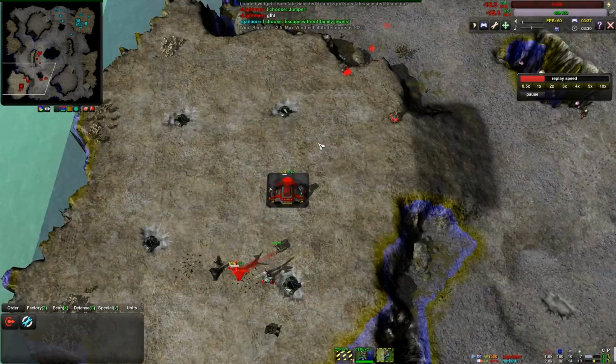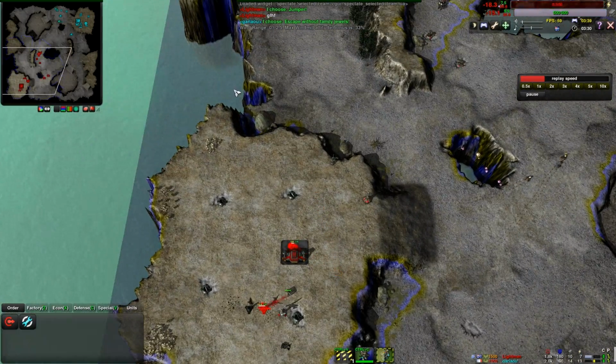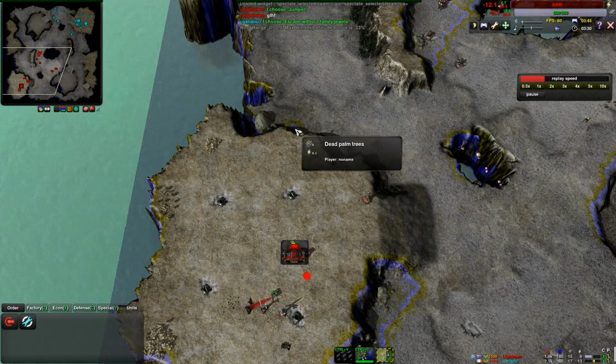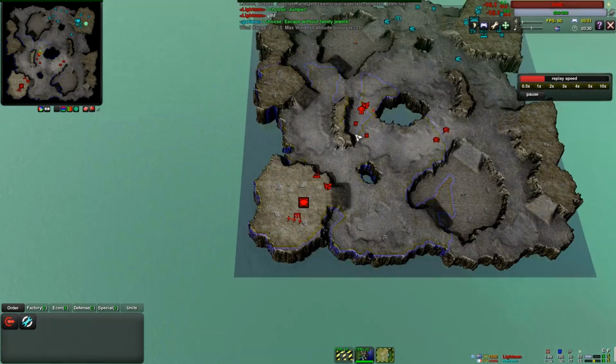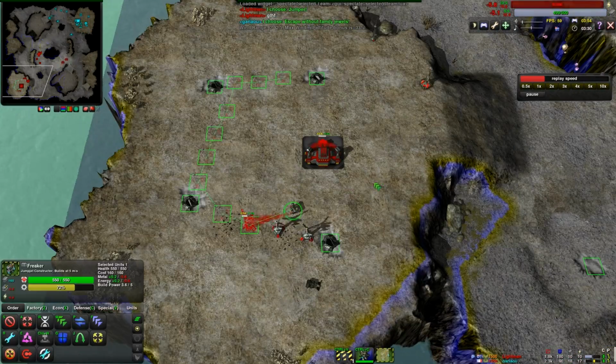So, there you go. Actually, I wonder, maybe having a couple of defenders on the actual edges of the cliffs, I wonder if that would be a good way to go. Maybe 1, 2, and 3 with overlapping fields of fire. Yeah, might work maybe. In either case, my Freaker is going to be beginning the rather arduous process of...